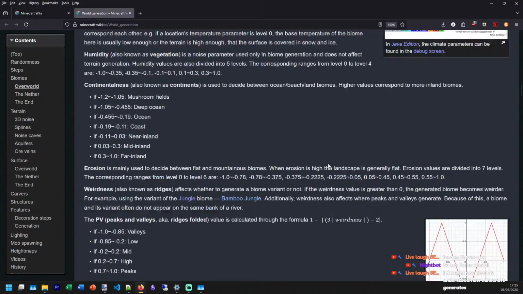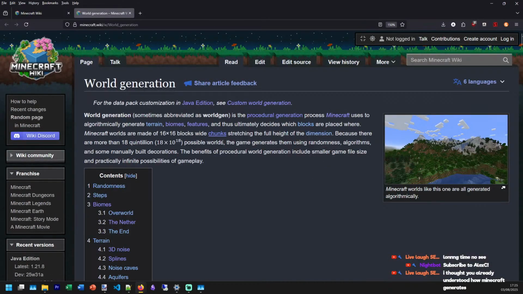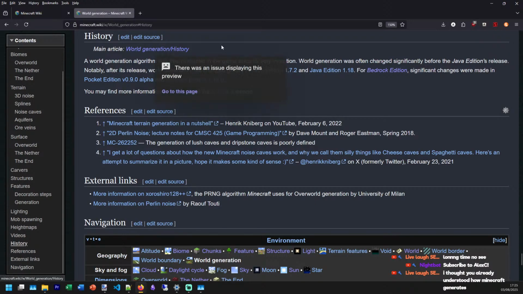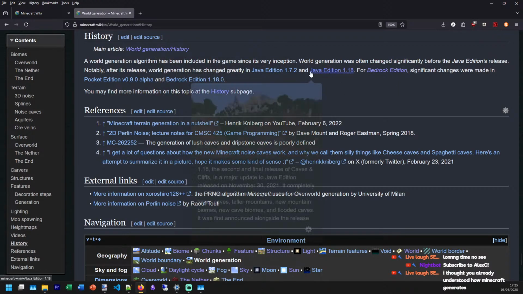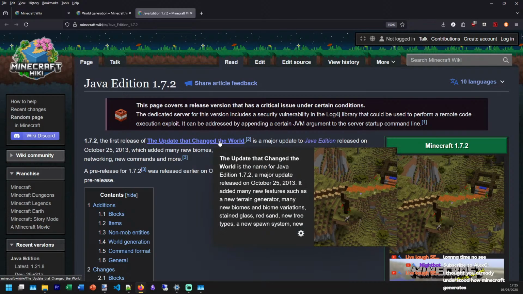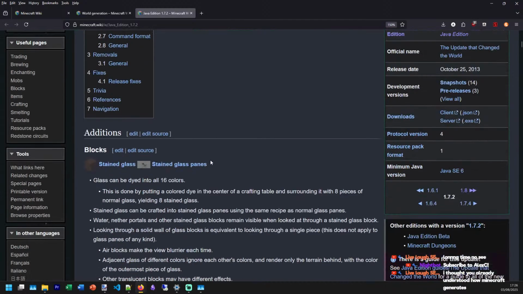See, the thing is, the history here has got a whole thing. In 1.7.2, it literally changed the world. Yeah, 1.7, not 17, 7.2, it changed the world.